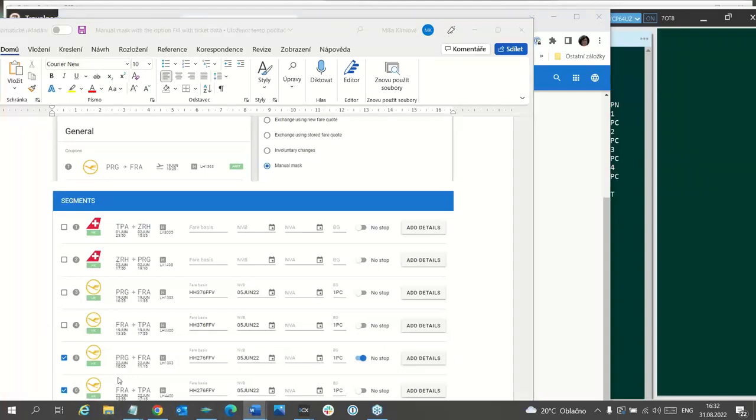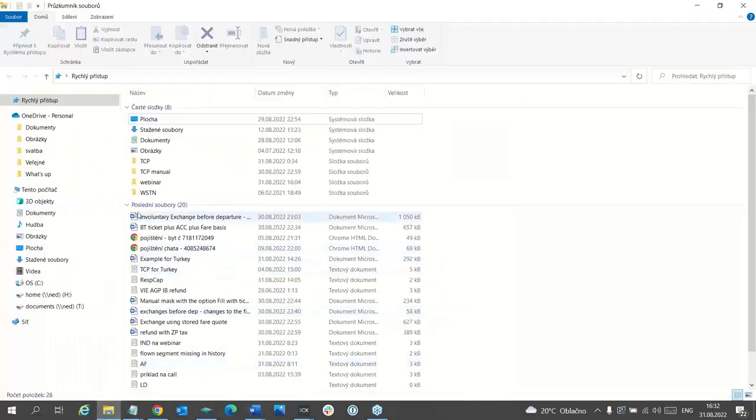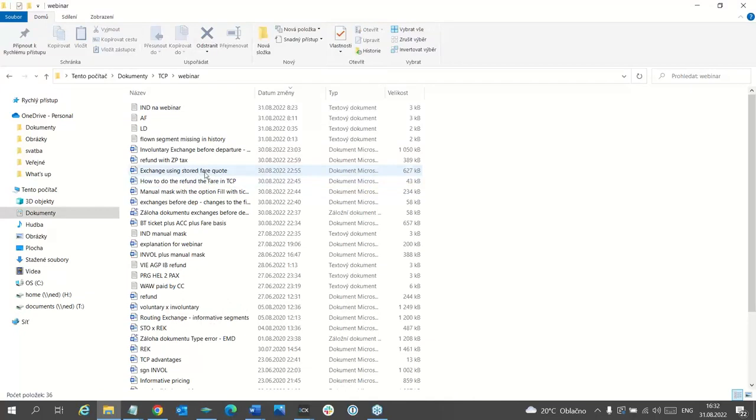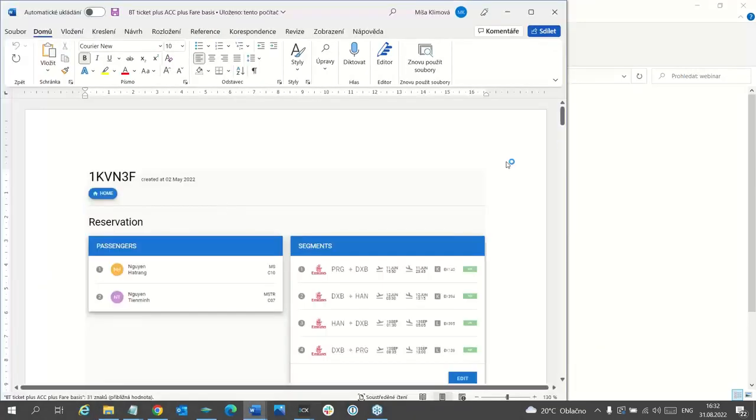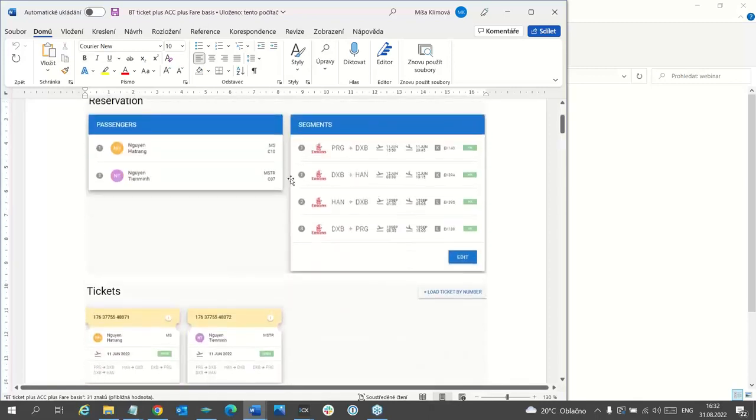Because I need to show you where it is. Let's see how to refine this one. This one I have explained to you. These are two children traveling together.